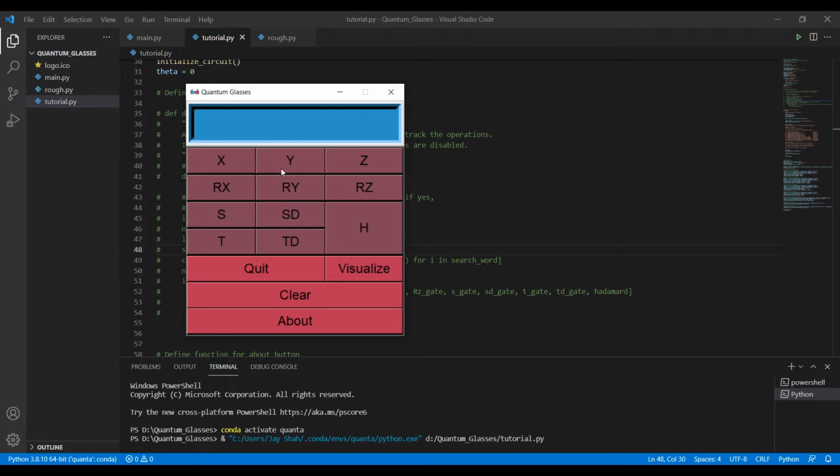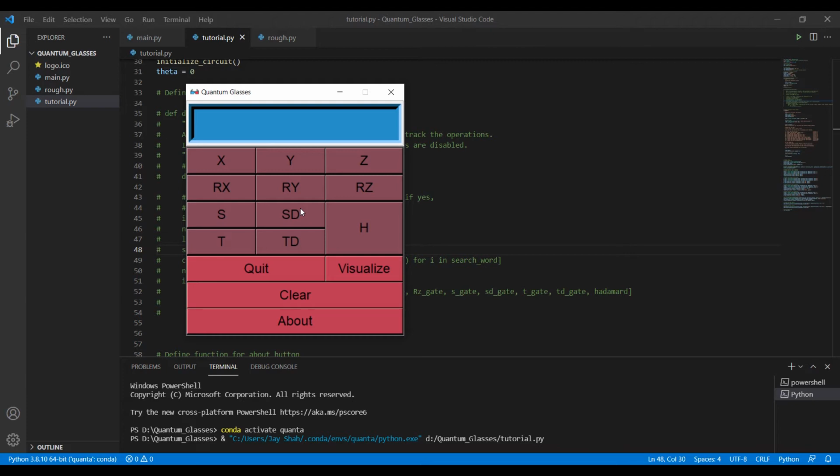And another function that all of these buttons should perform is applying their corresponding effect on the qubit. So if I press the X gate or the NOT gate, then it should correspondingly have the effect of a bit flip on our qubit. So these are the two things that we need to code, and as we know, to make a button do certain tasks, we need a function for it. If we already have it, well and good. If we don't have it, we have to code one by ourselves.